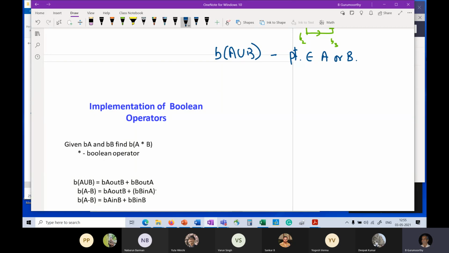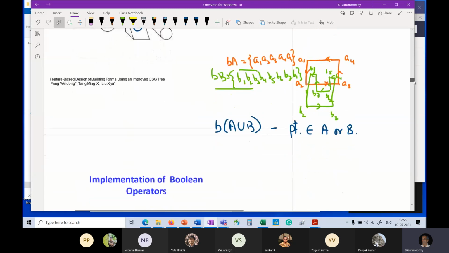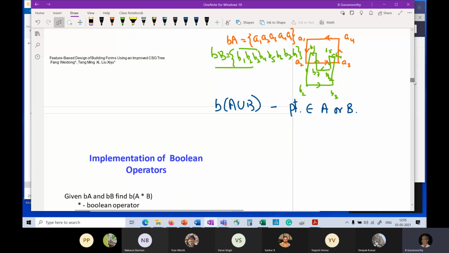I think I positioned my drawing slightly badly, so I need to go up a bit. Let me see how well I can manage this. Okay, so I think the only way I can manage this is by writing the result here. So boundary of A outside B plus boundary of B outside A. Okay, so let me just try and do that by hand for you, and then we will discuss how this can be done by the computer. So the elements of boundary A that are outside B.